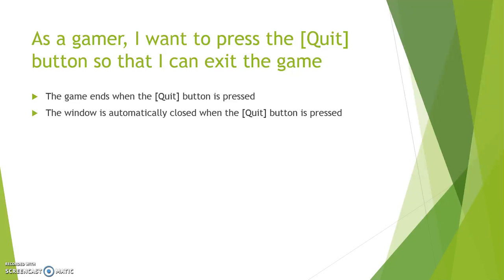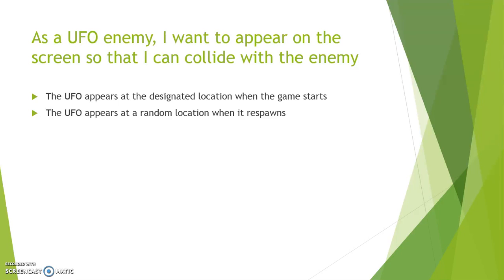As a gamer, I want to press the quit button so that I can exit the game. The game ends when the quit button is pressed, and the window is automatically closed when the quit button is pressed. As a UFO enemy, I want to appear on the screen so that I can collide with the enemy. The UFO appears at the designated location when the game starts,